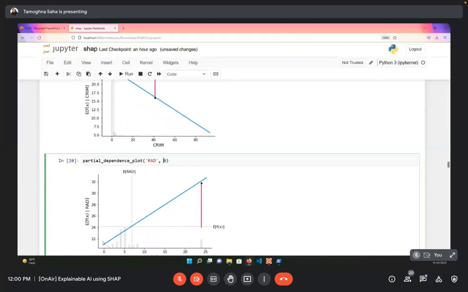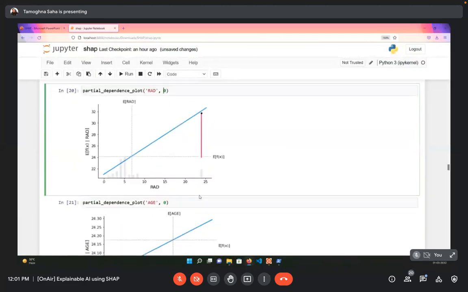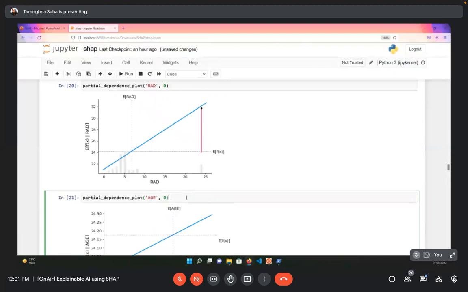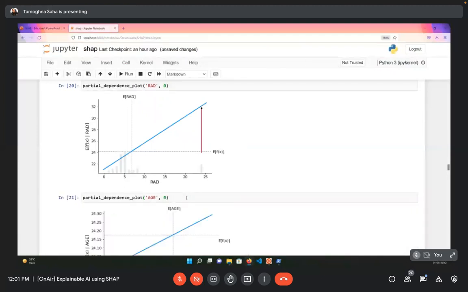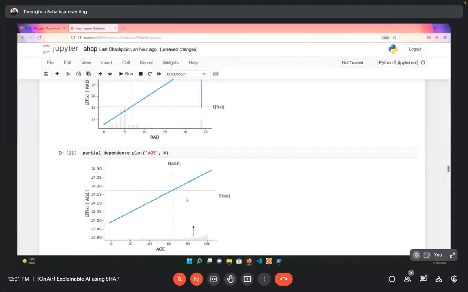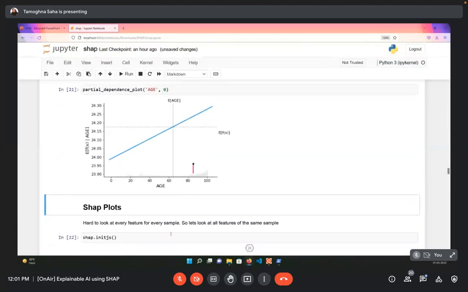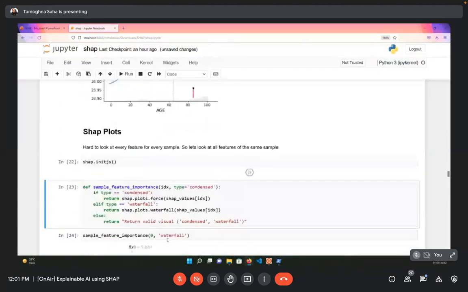Now, if you do not draw the partial dependence plot like this, and you just do a scatter plot of all of these Shapley values, you'll get this vertical line itself. And that is where the partial dependence plot tells you, one by one for each record and each column, how exactly the contribution is happening. But of course, it becomes very cumbersome and difficult to visualize all of this information together.